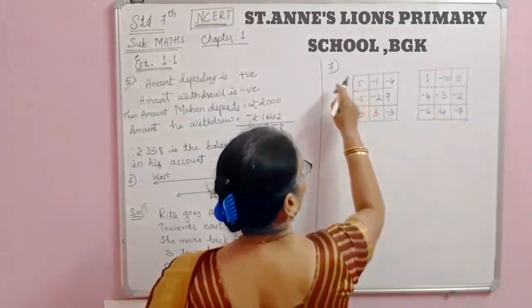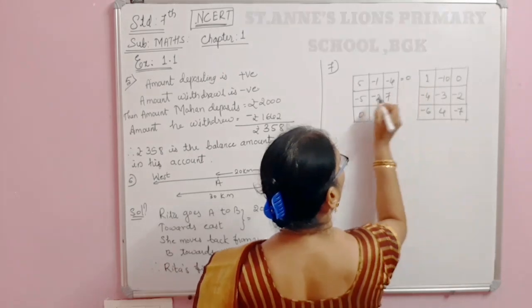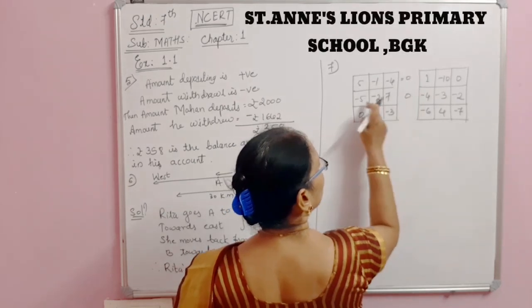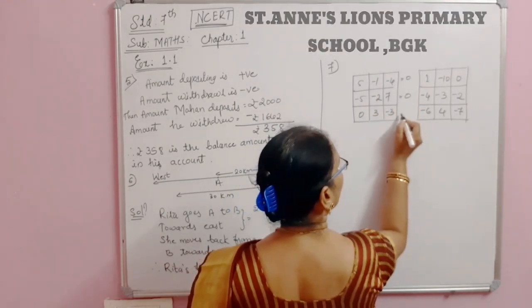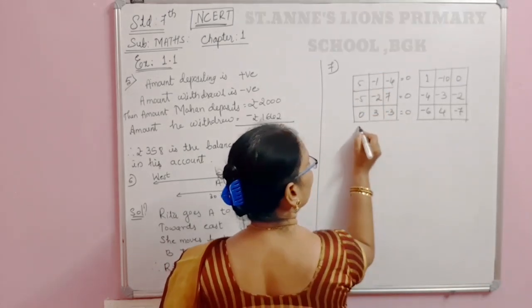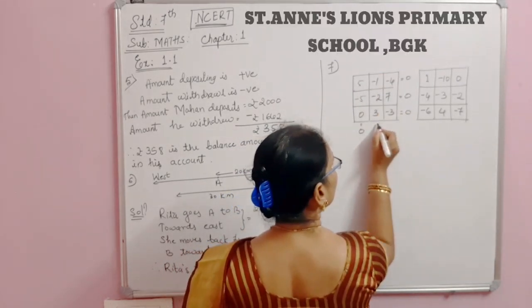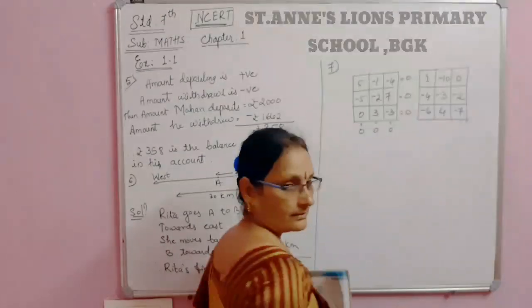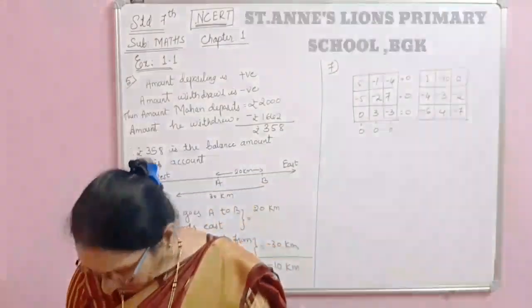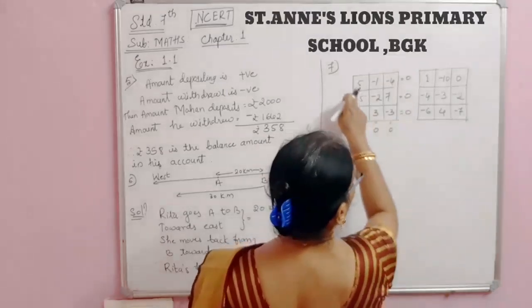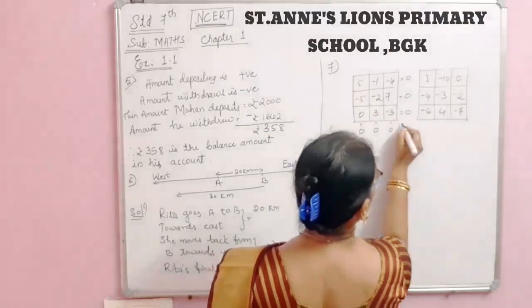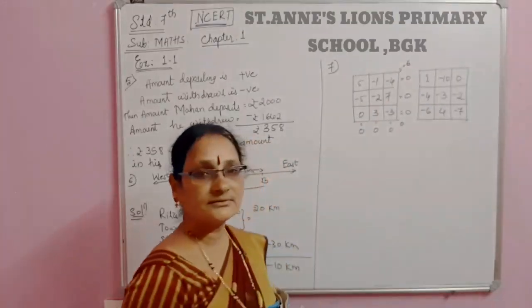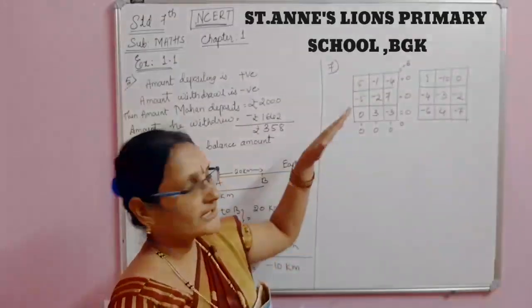See now, if you do the sum of these two, this will be 0. This also 0. How? This is minus 1, minus 4, minus 5. Minus 5 plus 5, 0. Same way here, 7 minus 7. Here 3 minus 3. This is 0. Here also 5 minus 5, 0. This is minus 3, 3 minus 3, this is 0. This also 0. Then diagonally you have to see 5, minus 2, minus 3, minus 5. Here also 0. But here see, this is minus 6. This is not the magic square. Even diagonally it should be the same.